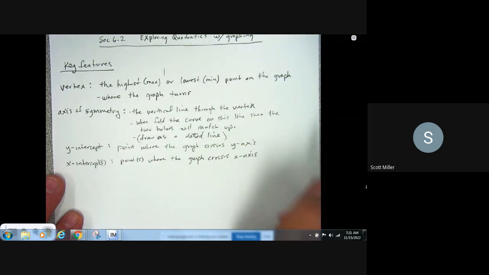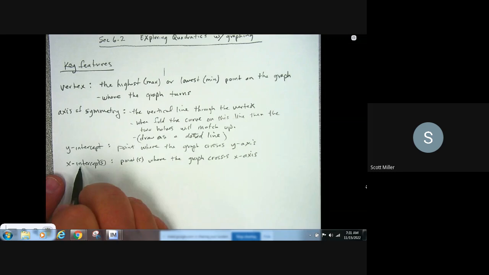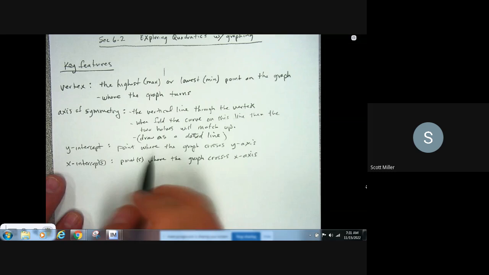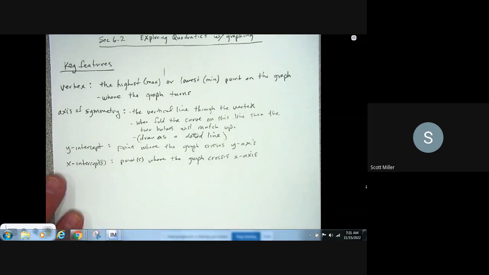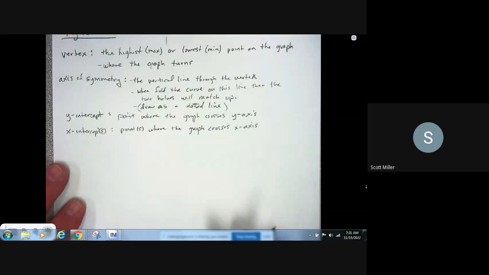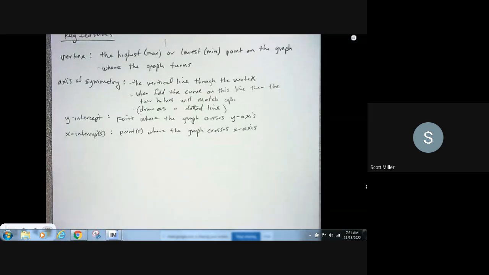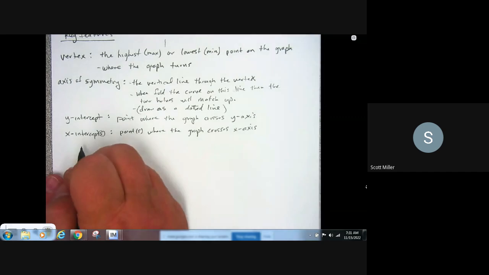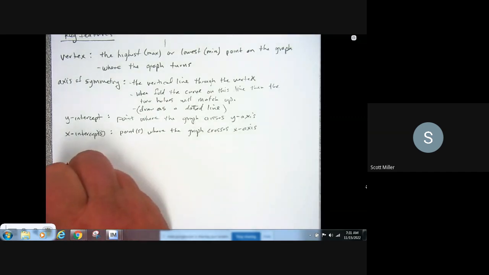So in the quadratic, you can have two x-intercepts, you can have one x-intercept, or you can have no x-intercepts. Okay, so that's the extent for the x-intercepts. So we're now going to look at the different forms that these graphs take. Okay, and then we're going to explore these a little bit. So we're going to look at the vertex